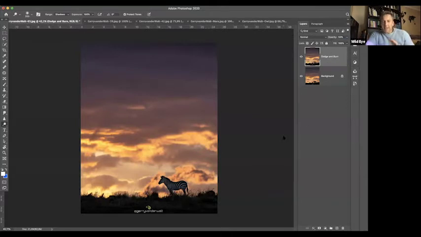So, going to come back to you for a second. Did that make sense, what I just did? How I dodged the zebra, and then we faded it in to get the balance. Okay, I'm going to do it again, but this time I'm going to use sharpness. So we're going to see how to sharpen, the dodging and burning, golden.